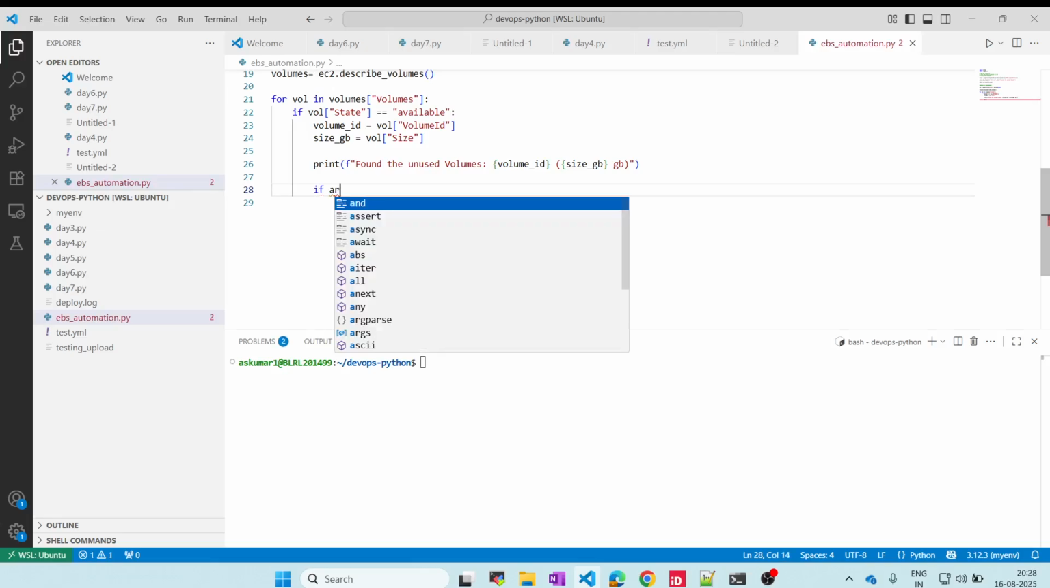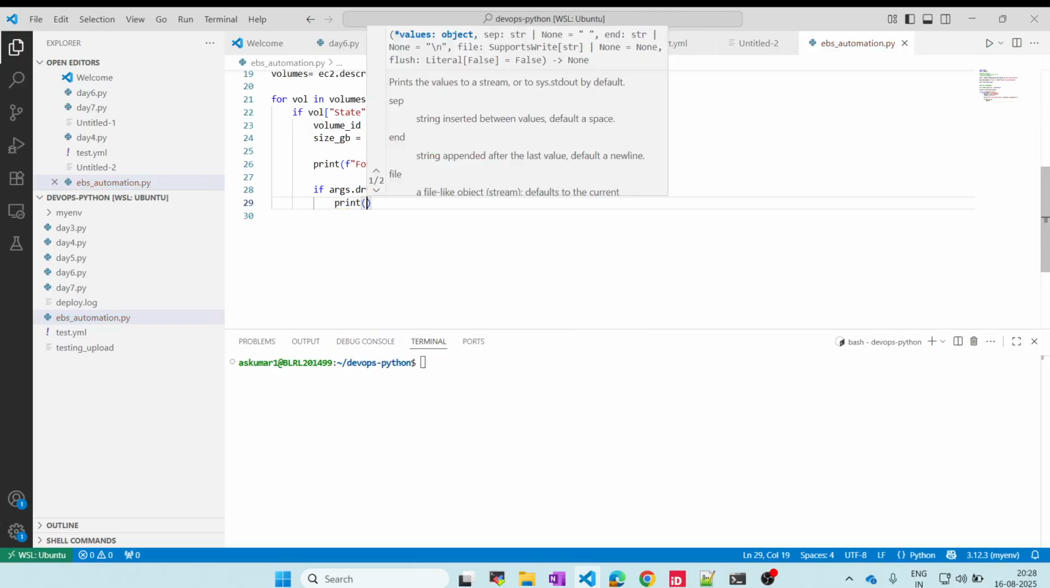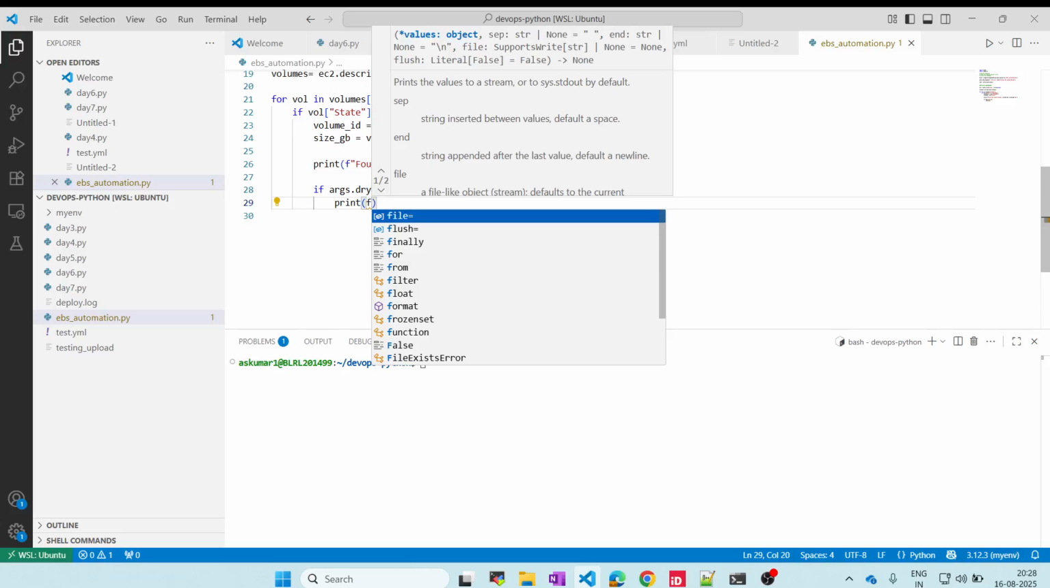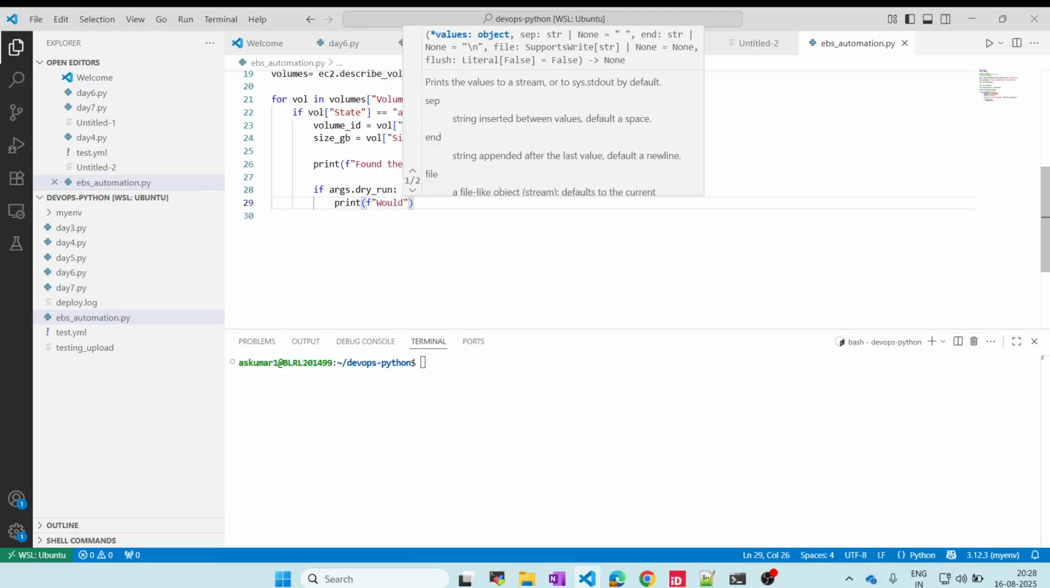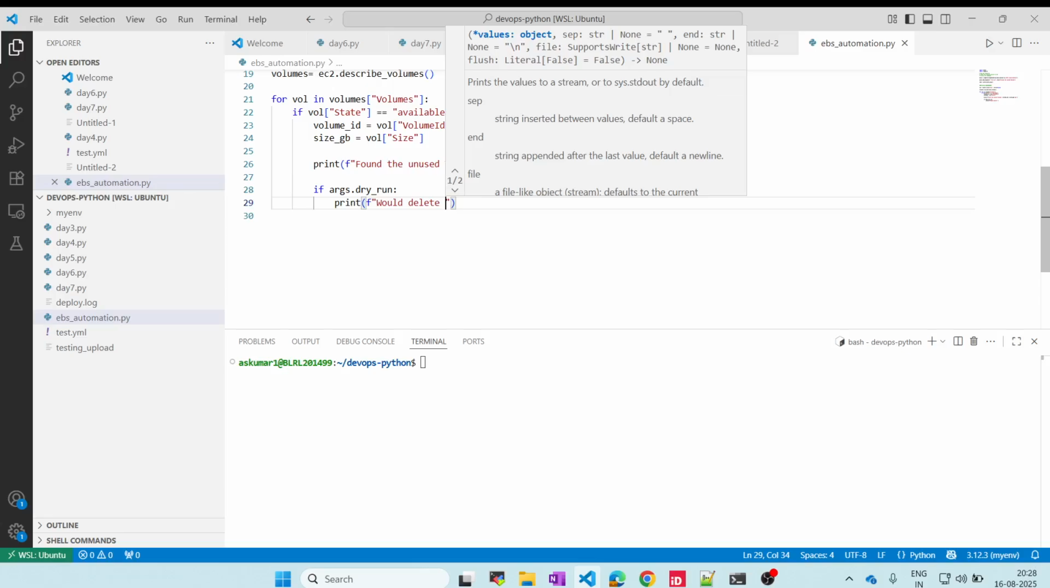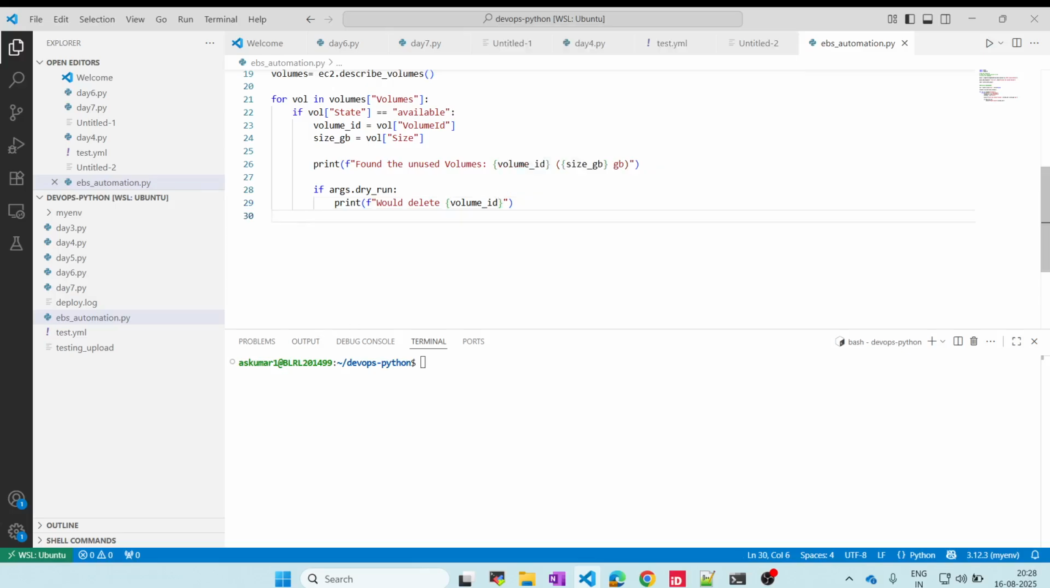If args.dry-run, if we are running it as a dry run, it will just show us. So I will pass an f-string again, and then we tell it "would delete volume id." So it will show which volumes it would delete. And then else, in case it is not run as a dry run, then it will delete